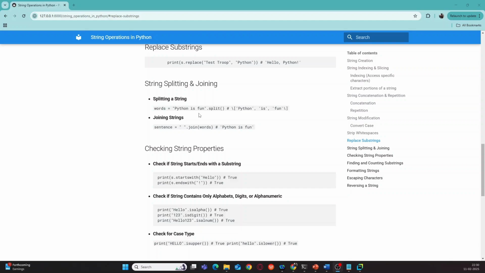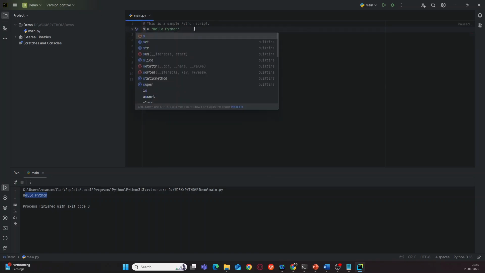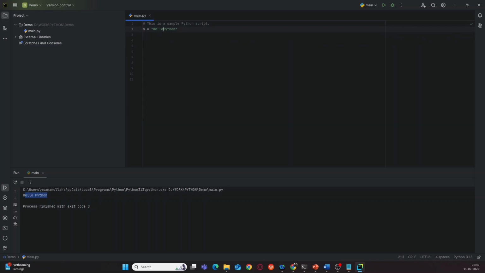Splitting. You can split the entire string based on a particular character using the function called split. Let us try to do this, and I'll take out this. I'll also take out this, and I will copy. I have s as hello, Python, and I want to split this string based on the comma. Okay, so then I can do